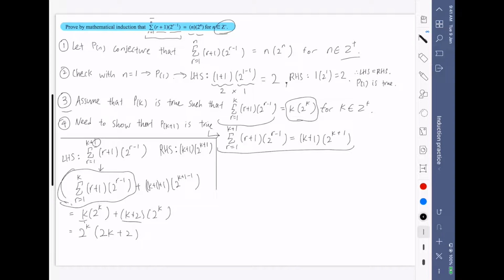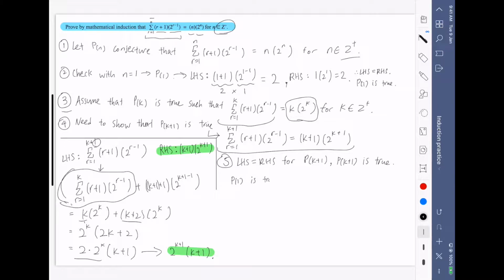Now, do you notice that we can still take out a factor of 2 here? So this becomes 2 times 2 to the power of k plus 1, right? Now, this expression can be simplified as 2k plus 1, k plus 1. And do you notice how this is the same as the right-hand side? So we've successfully proven that, so step 5, left-hand side equals right-hand side for Pk plus 1, Pk plus 1 is true. And the conclusion,